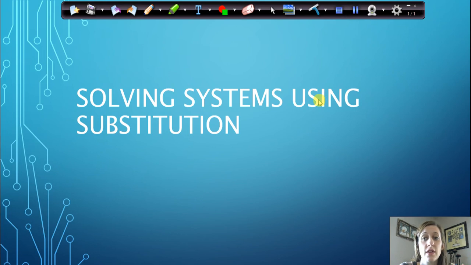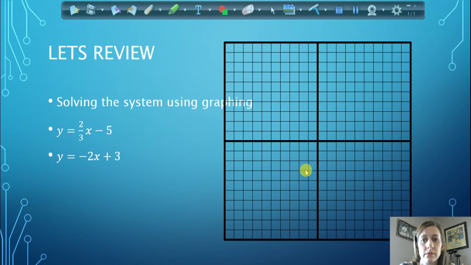Today we are going to solve systems using substitution. First, let's review how we solve systems using graphing. So what we did in class was I gave you two equations and we graphed those and found the intersection